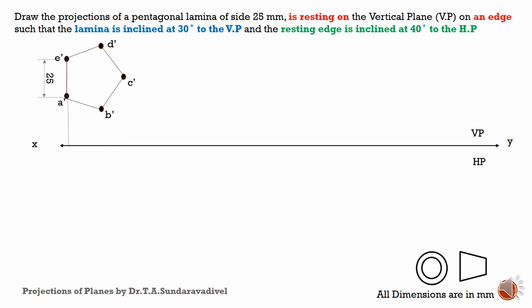So this is nothing but the front view of the first stage. Then we have to draw the top view for this. For drawing the top view we have to project all the points to the XY line. So I am projecting E dash, A dash, and I will be getting a point. The name of the point will be E brackets A. Why E brackets A?